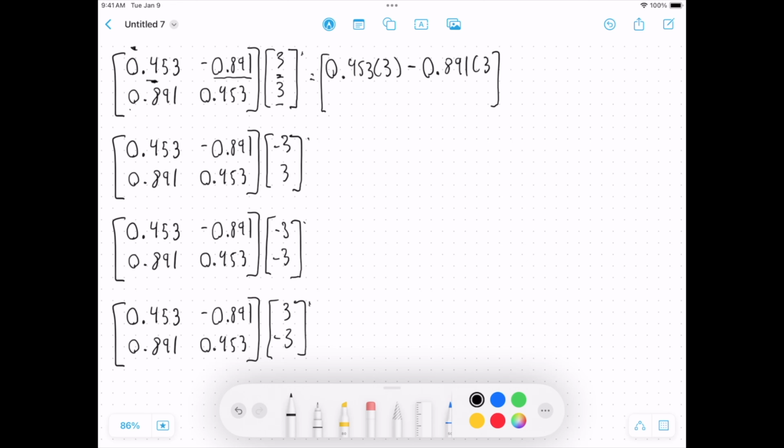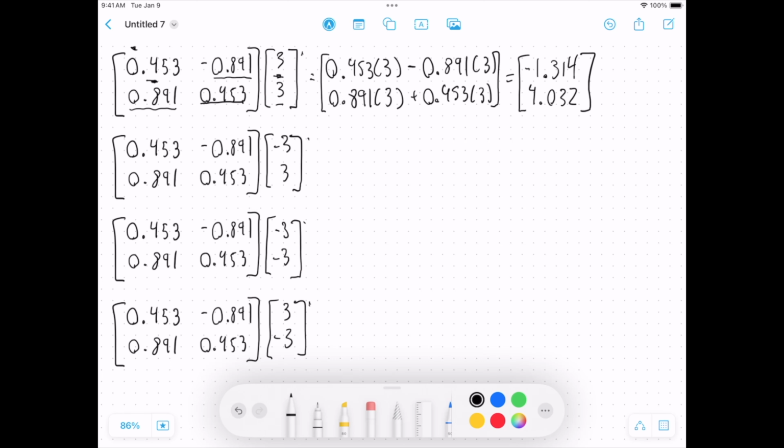And we'll do the same thing down here. So 0.891 times 3. But this time we're going to do plus, because this is a positive number, 0.453 times 3. And what we'll do is we will take the final result of that, and that will be negative 1.314, and then